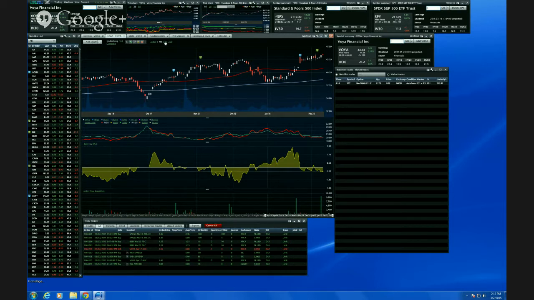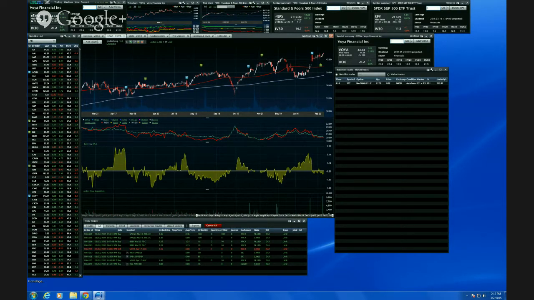So VOYA, for people who don't know the stock, you guys might be saying, what is this stock? This is the ING Direct, and basically ING sold the savings website division to Capital One. The reason I know that is because I used to have an ING account, and then one day I looked at it and it was a Capital One account, right? So they sold that division, and then they kept basically this financial advisory division, I'm assuming,